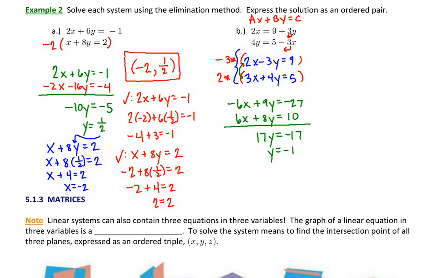I'm going to go back to the original equation 1, which almost has x isolated, but not quite. But I'm going to use that one. You can use either equation to figure out x. We're going to take what we know about y and plug it into this equation, and we'll be able to solve for x. So on the right side here, we'll have 9 plus 3 times negative 1. That's 9 minus 3, or 6. And then divide both sides by 2, and the x coordinate of our solution is 3. So our proposed ordered pair solution would be x equals 3 and y equals negative 1.